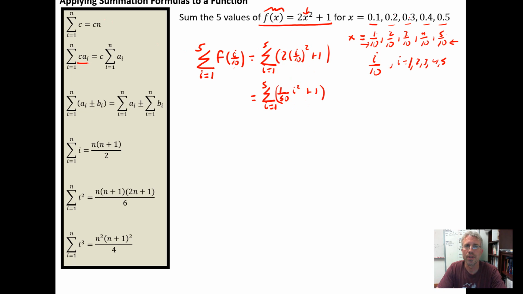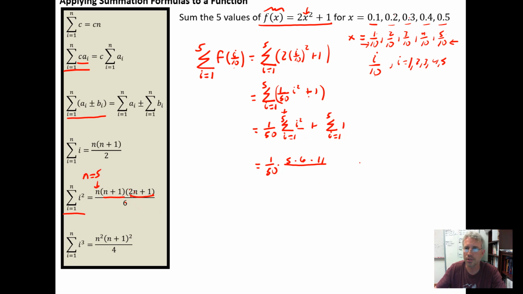And now I can use this summation formula in combination with this summation formula to break this up into more granular pieces. So I'm going to get 1/50th times the sum from i equals 1 to 5 of i squared, plus the sum from i equals 1 to 5 of 1. And now I can use my summation formulas. I have 1/50th. I have the sum of the i squareds, and my summation formula for that's right here. n is still equal to 5 like it was in the previous example because the upper bound of summation is a 5. So I'm going to get 5 times 5 plus 1 is 6 times 2 times 5 plus 1 is 11 all over a 6